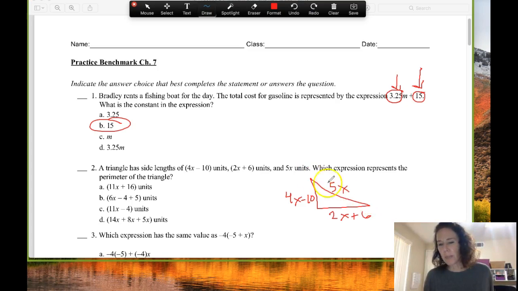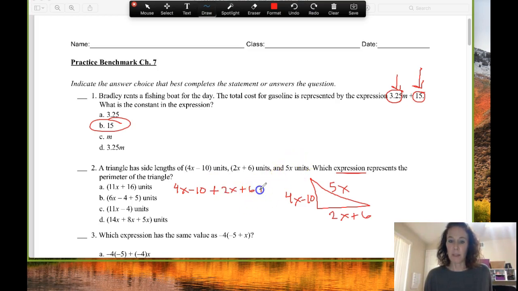Now, hopefully, based on what x is, the hypotenuse is your longest side, how I wrote these. And that value for x will tell us what these side lengths are, but we don't care. We just need an expression to figure out the perimeter. To get the perimeter, you just add up all the sides. So that expression would look like this. 4x minus 10. Now I'm going to drop the parentheses because I'm not multiplying by anything here. So I'm adding plus 2x plus 6